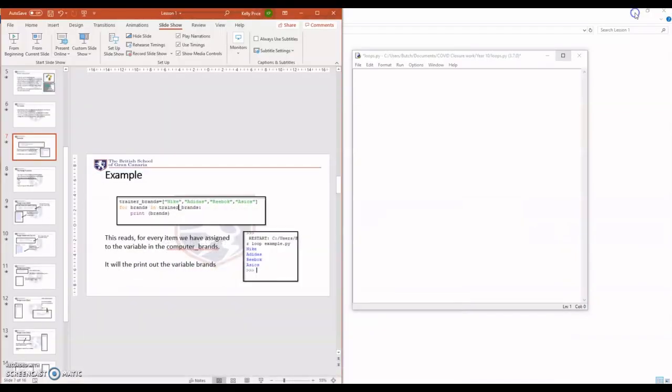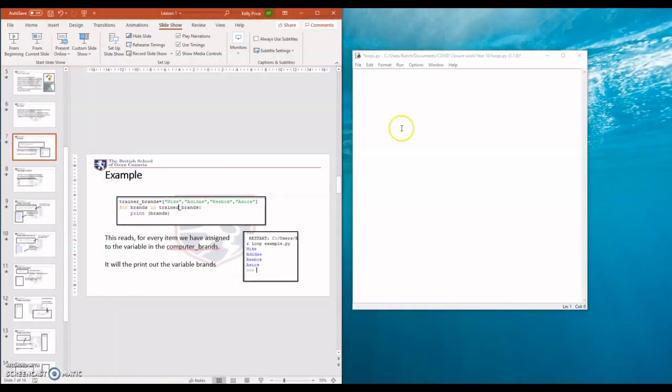okay, so I've got this here, just minimise that. Minimise that background there. So here we are. I'm just going to make the same thing: trainer brands, and I'm going to make my array. I'm not going to put as many in: Nike, Reebok, ASICS. Okay, so there we go. Now, this is where we put our for condition in. So for brands in trainer brands, so in the array, okay, print